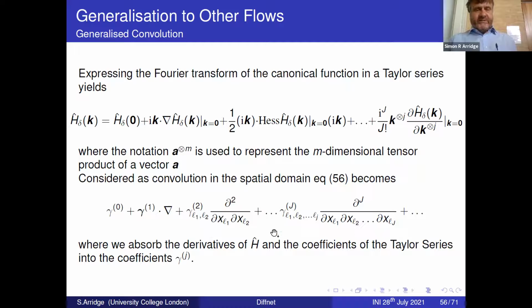So in the DiffNet that we showed previously, we were only learning this term. But now maybe we can generalize it to learn other terms. And this gamma is now formally dependent. In the stationary case, we could work this out explicitly in terms of the moments of the Fourier transform of the kernel.